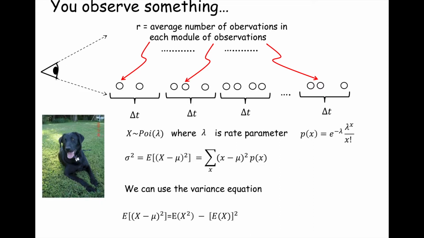Okay, I make another observation. Wait a minute. This x times p of x, that's exactly the definition of what expectation of x is. So I'll rewrite that term as expectation of x. So now for the second term, I have 2 times the expectation times another expectation. That's nothing more than minus 2 expectation quantity squared. You multiply something by itself, it's squared.